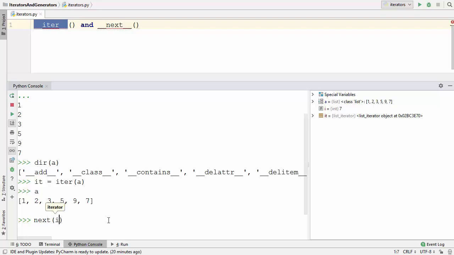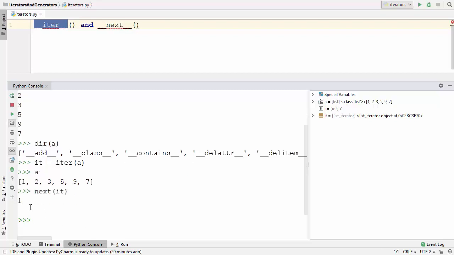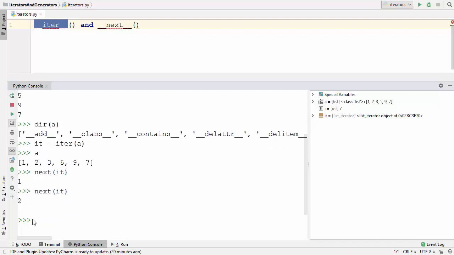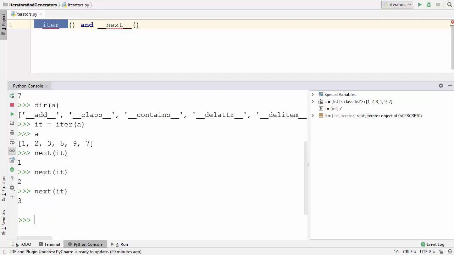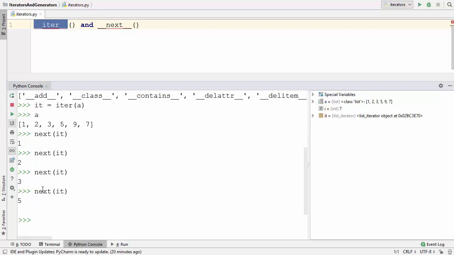So I'm going to just pass the it, which is the iterator which we have got from this iter function, and then press enter, and you will see it will print the first value of your list. Now once again, when you call this next using this it variable, it's going to give you the next value of the list, and when you call it again and again, it's going to iterate over your list and give you the values of the list one by one.